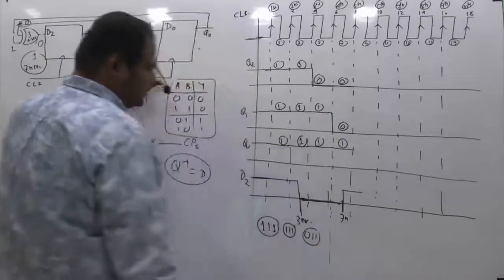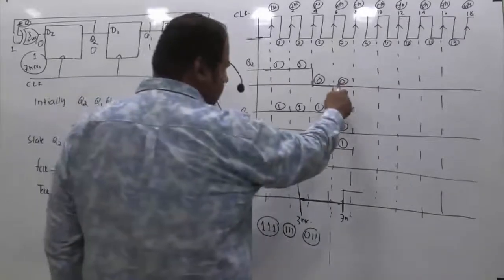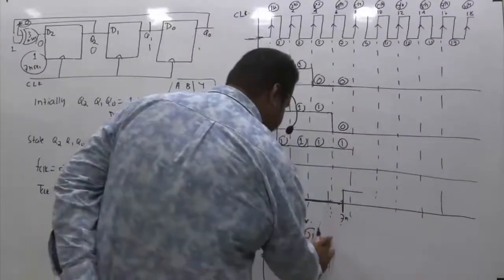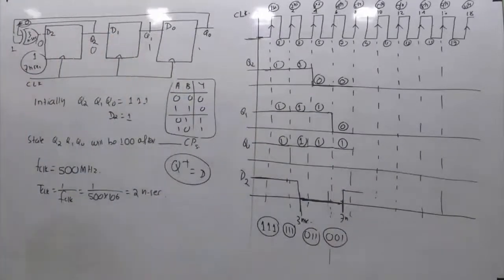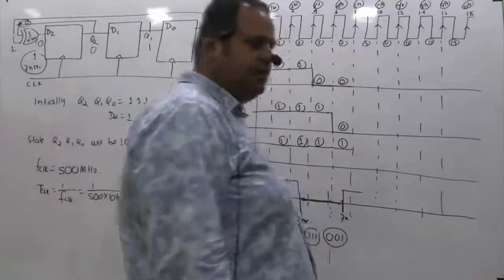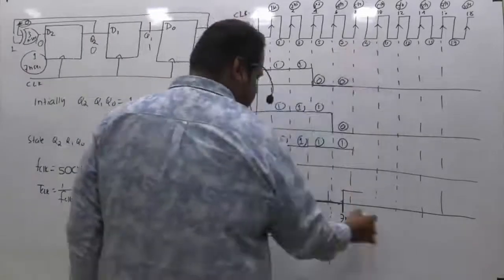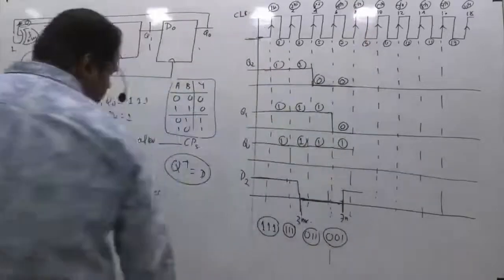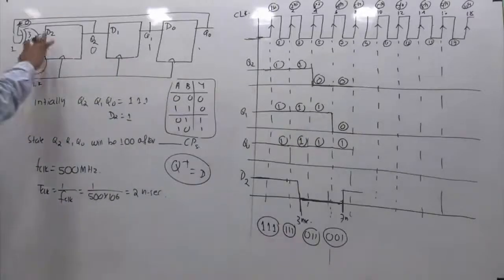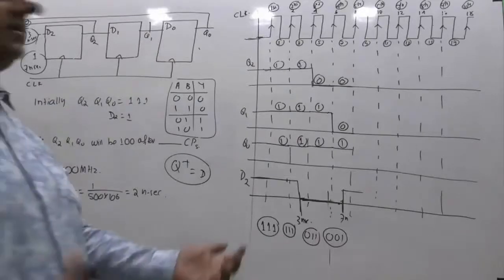Now I have given the fourth clock. What is the status immediately after the fourth clock? This is 0, this is 0 and this is 1. So after the fourth clock, the status is 0, 0 and 1. Now we should see what happens before the fifth clock. The fifth clock corresponds to 8 nanoseconds. So if I am speaking regarding 8 nanoseconds, my story will be the same. I should again check the inputs to these flip-flops, then give one clock and check the corresponding output.